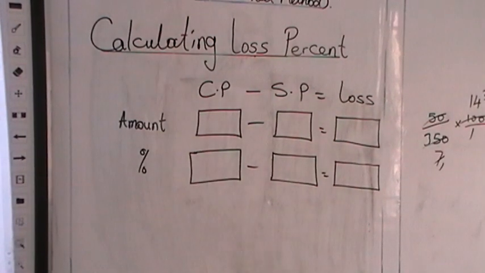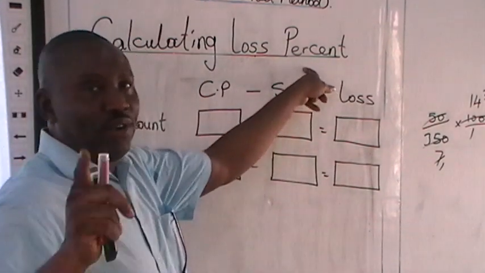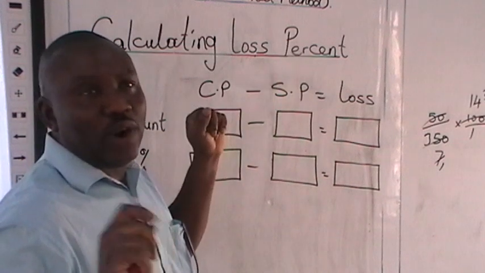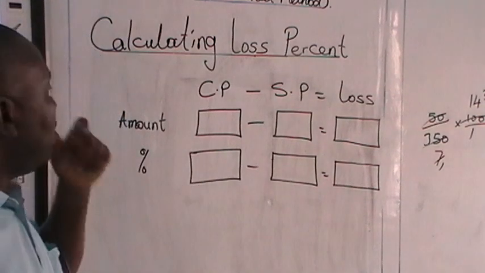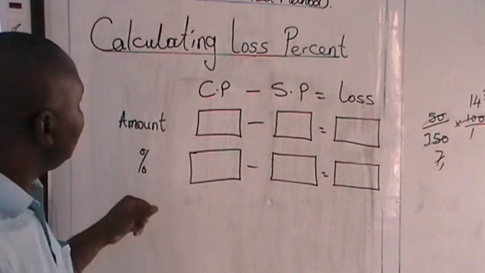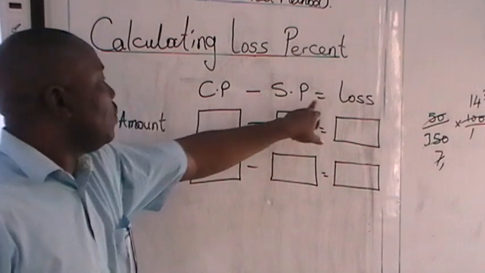Alright, dear audience, this time around we'll be calculating loss percent. The first working was on profit percent. This is loss percent. Now, remember in loss percent, the formula is cost price minus selling price equals loss,